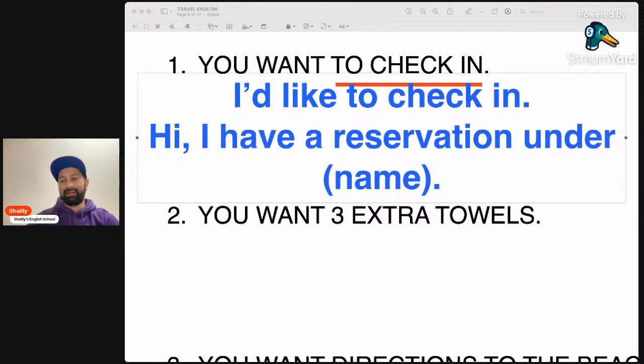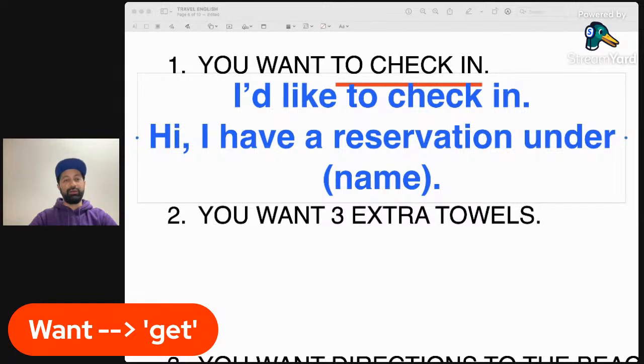That's your goal. You desire something. The verb we are going to use is get. So whenever you want something, you want to get it. You want to receive it. So here you want to get 3 extra towels.